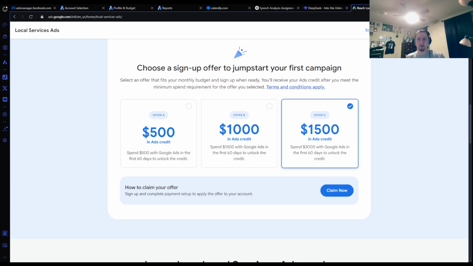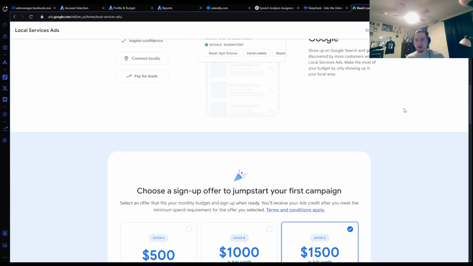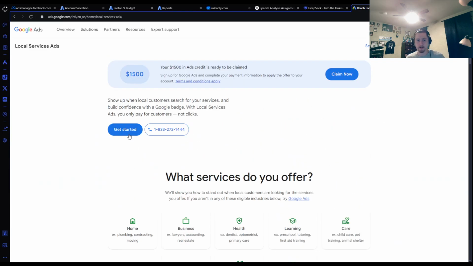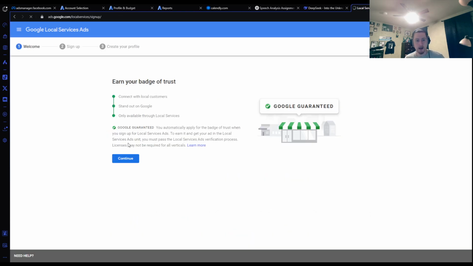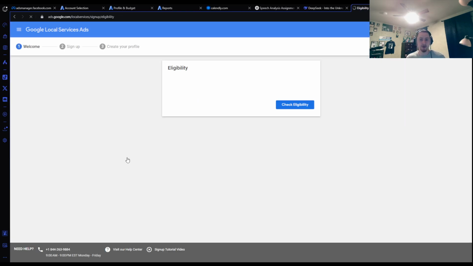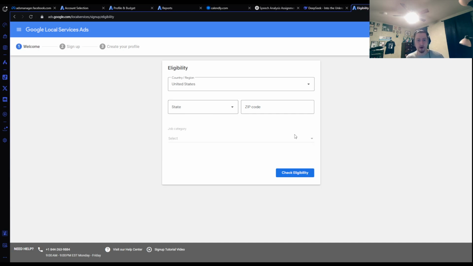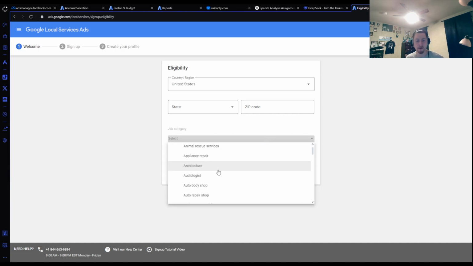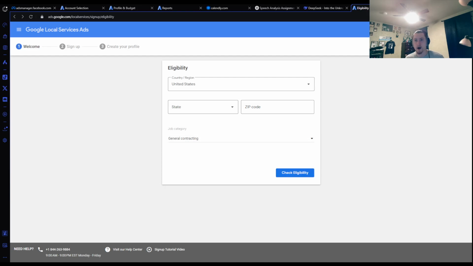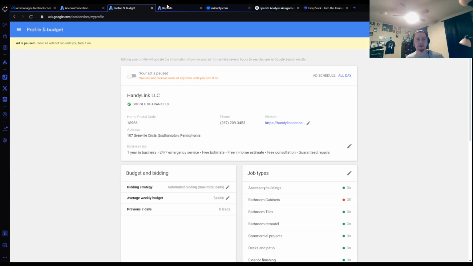I'm not going to go through the tutorial process, but basically it's going to ask for your company name, all your information, and stuff like that. So let's do Get Started, and basically you're going to click continue, and then you can type in your address, your zip code, and you're going to choose a job category that you do. A lot of people that I work with are general contractors, so you're going to click on general contracting, okay? And basically once you get everything set up, you're going to get to a page that looks like this,